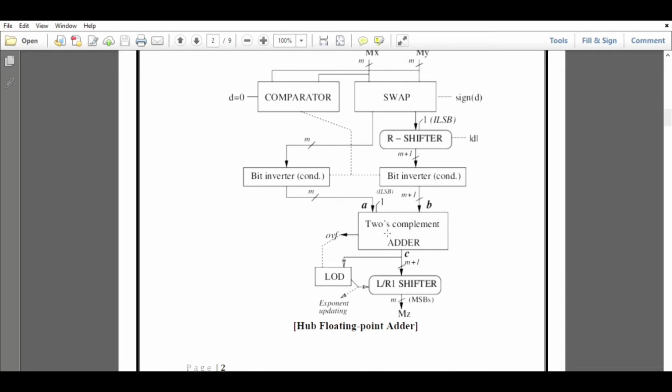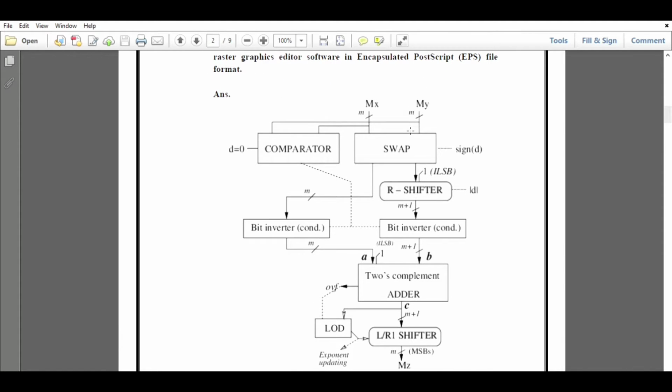So this is the basic order for floating point numbers. Here architecture A carries out the addition of two HUB floating point numbers with rounding to nearest, tie away from 0 case. Here X means 0 or 1, and D is the difference between the exponents of the operands, or alignment.